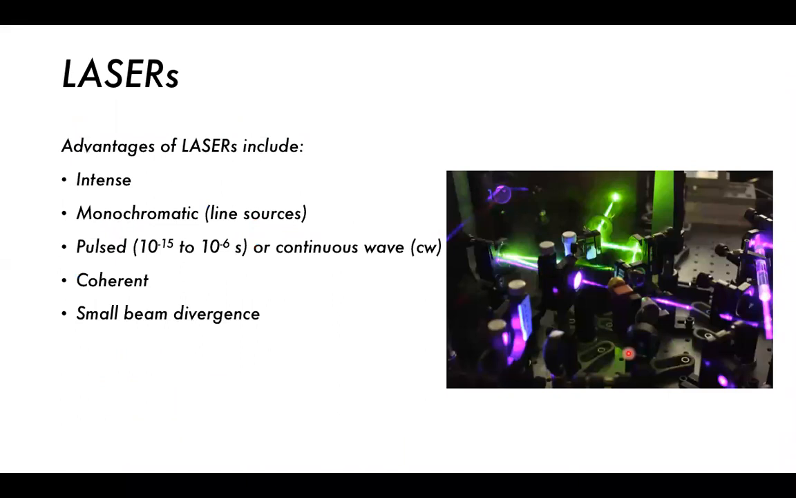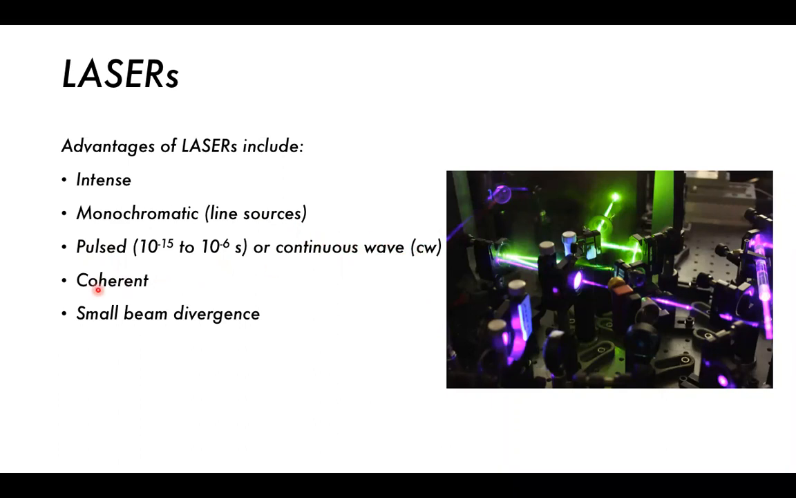So some advantages of lasers include the idea that it is intense. It has a large intensity. That's because of that stimulated emission, so that constructive interference. It's monochromatic. That means it only produces really one wavelength of high intensity light. So it's a line source. It can be pulsed or continuous wave. So you can create packets of light, much like photons, or you can have it as a continuous wave where